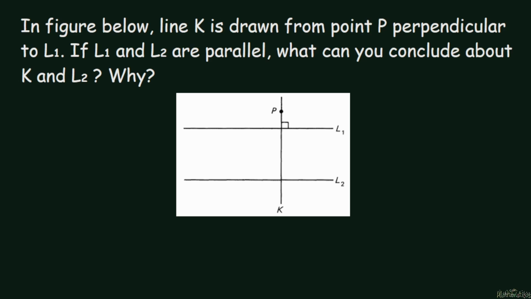In the figure below, line K is drawn from point P perpendicular to L1. If L1, or line 1, and line 2 are parallel, what can you conclude about K and line 2? So given